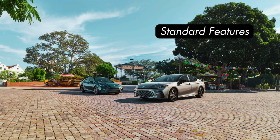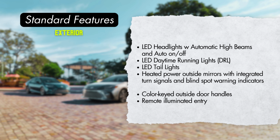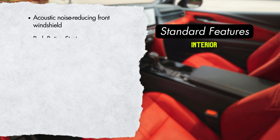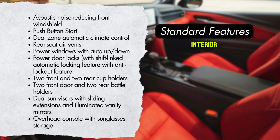Moving on to standard features, on the exterior we'll have LED headlights with automatic high beams and auto on-off. You'll also get LED daytime running lights and LED tail lights. You'll get heated power outside mirrors with integrated turn signals and blind spot warning indicators, color-matched outside door handles, and remote illuminated entry. You'll get an acoustic noise-reducing front windshield, push-button start, dual-zone automatic climate control, rear seat vents, power